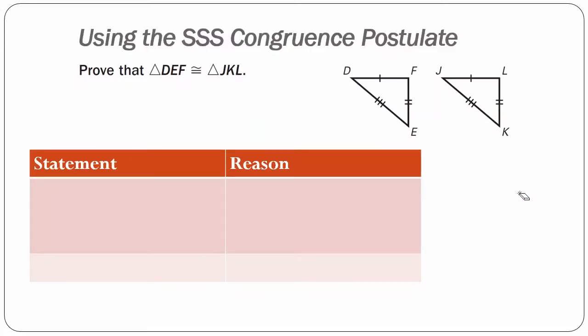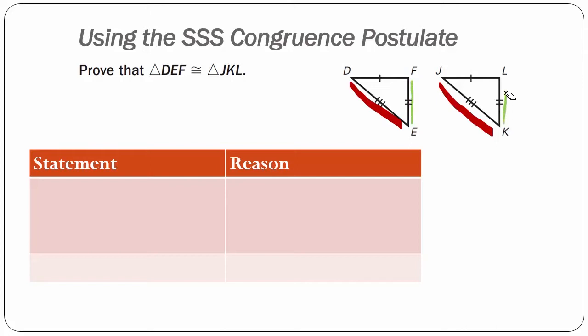Example 1, using the SSS congruence postulate, prove that triangle DEF is congruent to triangle JKL. In order to prove triangle congruence, we need at least three pieces of information. Looking at the diagrams, I can see that line segment DE has three tick marks, which means it is congruent to line segment JK. I can also see that line segment EF, which has two tick marks, is congruent to